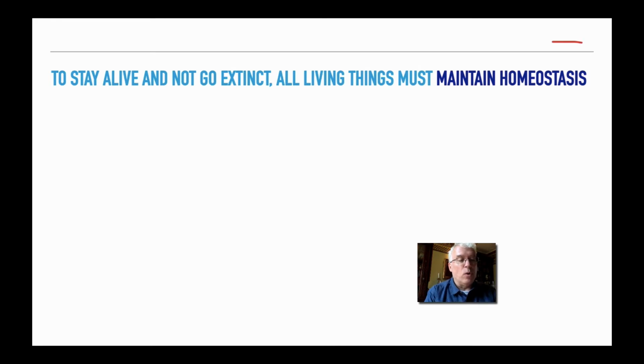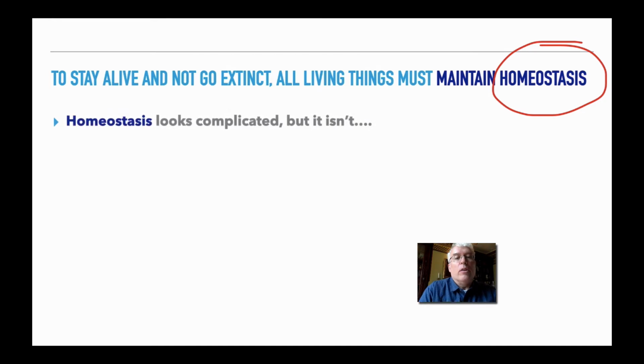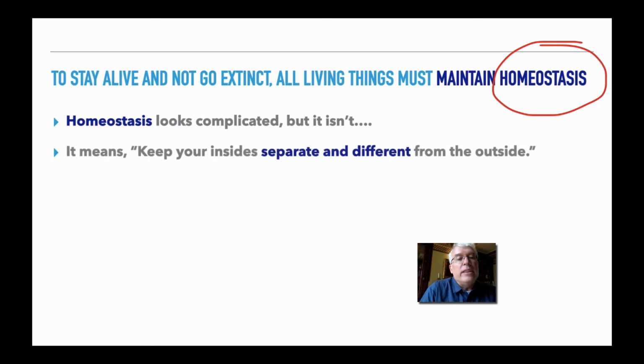All right, so this is the word we're focusing on. Homeostasis looks complicated, but it really isn't. There are a lot of things about your everyday lives that you can apply to this that make it make sense. Okay, so homeostasis basically means keeping what you have on the inside of your body or your cell different in some way from what's on the outside. Now, biologists frequently talk about outside. That means environment. And inside means inside the body or inside the cell. So homeostasis, at its simplest, is about the difference between what is on the inside versus what is on the outside. Okay?